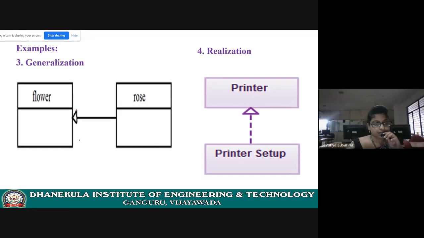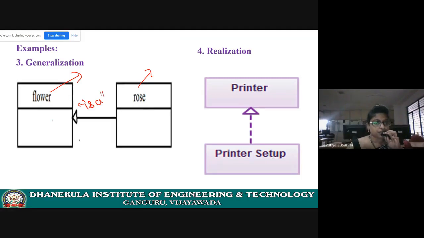Next, generalization, nothing but inheritance. See here, flower, rose is a flower, right? If there is such a relationship, it is nothing but inheritance. Generalization here, flower is generalized. This flower class represents generalization, rose class represents specialization. Here, if there is a relationship, what you need to do is just write down generalization. Its relation is generalization. Inheritance here,